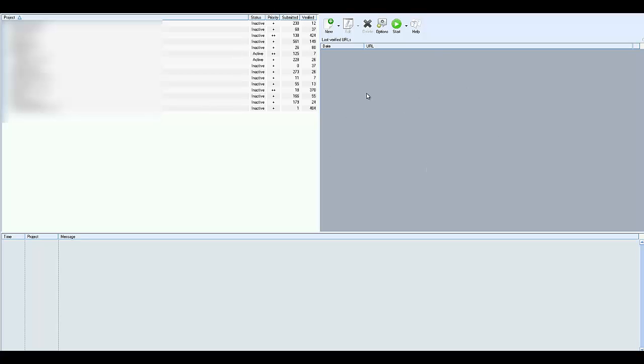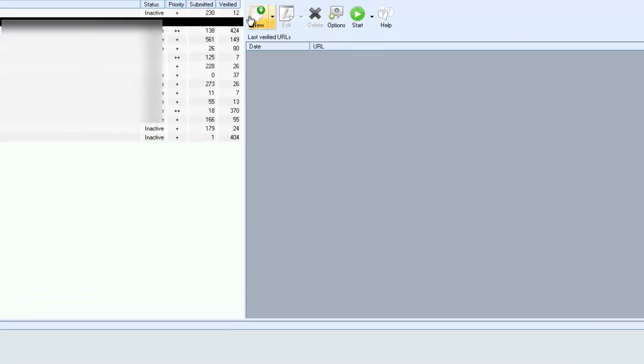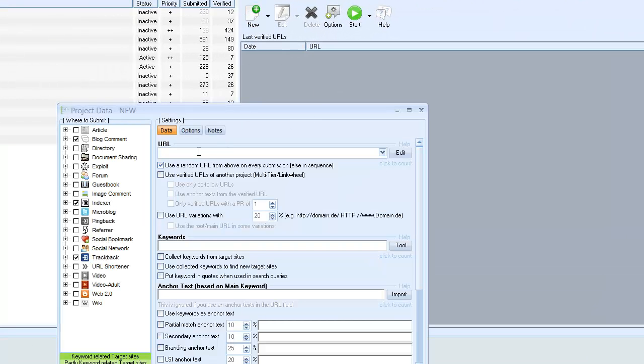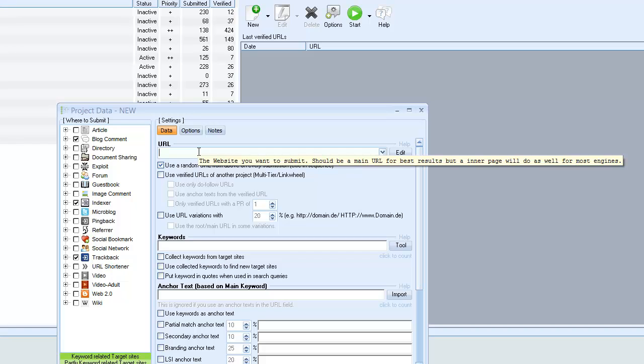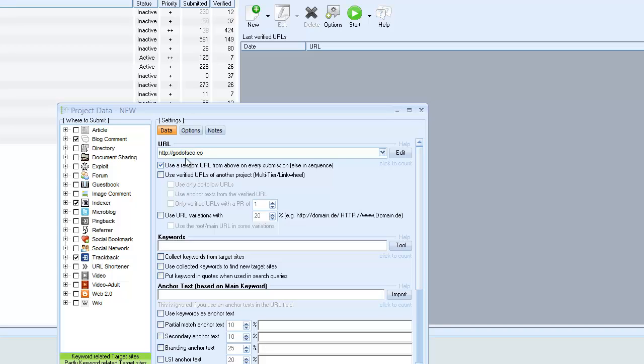So what we're going to do is start a campaign by going over the top tab here, clicking New, and this is where we put in our URL, which is the website where we'd like to submit to all the directories and the websites, and build the backlinks to. So I'm going to put in God of SEO. Make sure you have your HTTP, and if you have a www dot as well, put in the www dot